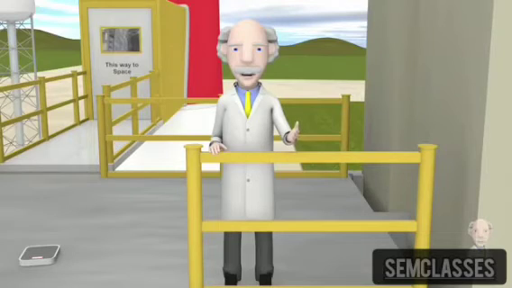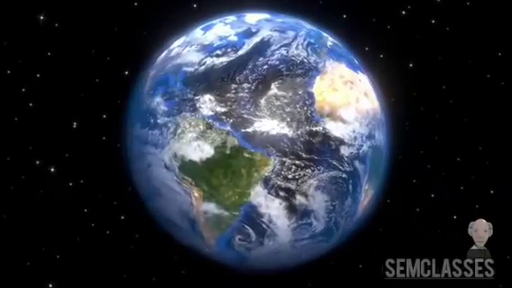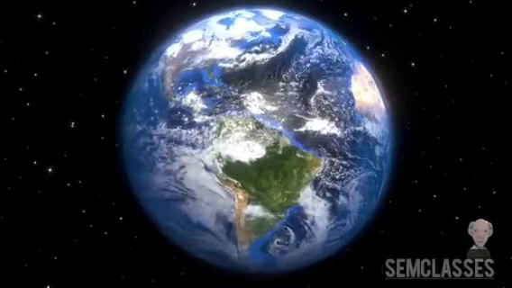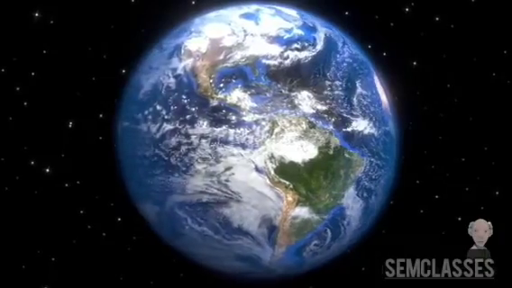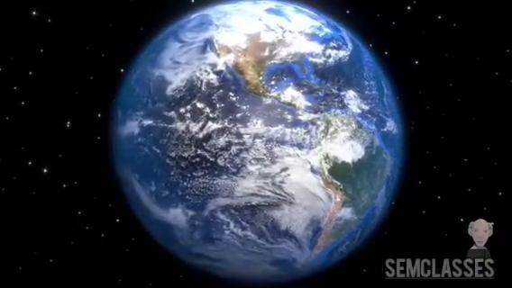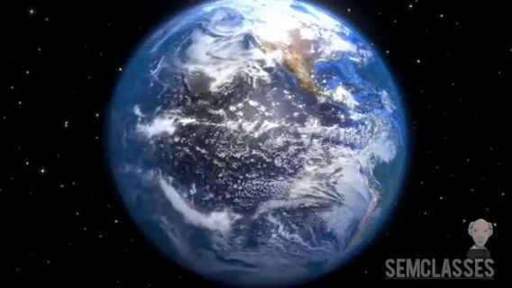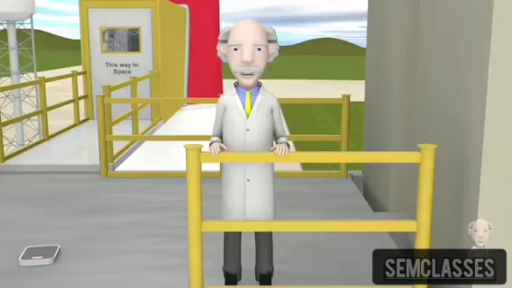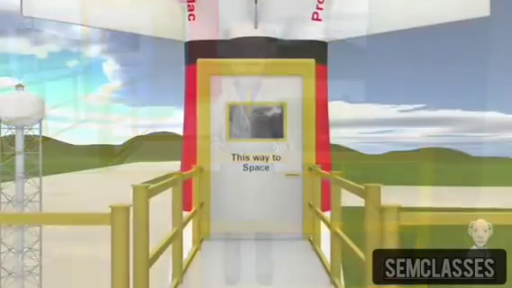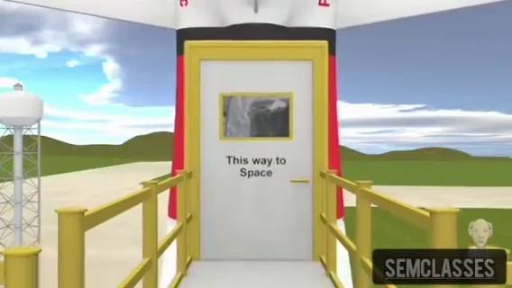So we have seen that the gravitational force between Earth and an object gives the object weight. So what happens in space, where you may have seen images of astronauts floating in a state of apparent weightlessness? Does this mean there is no gravity in space? Well, the answer may surprise you. So let's go up into space to find out more.